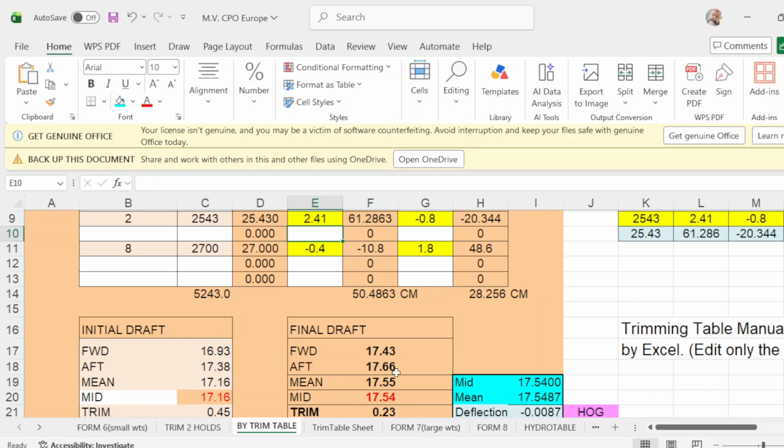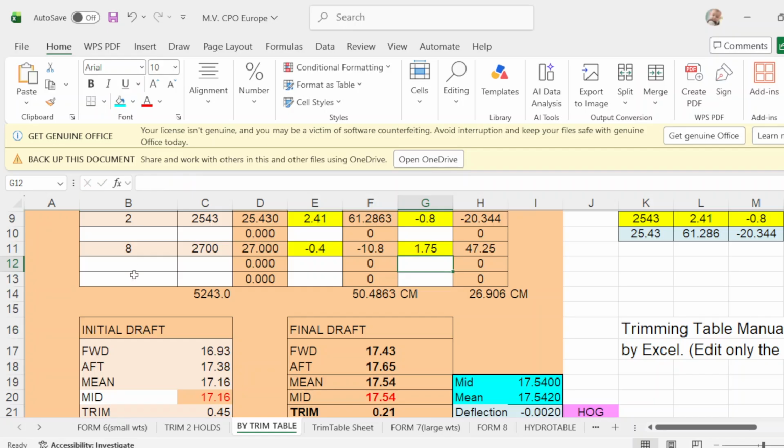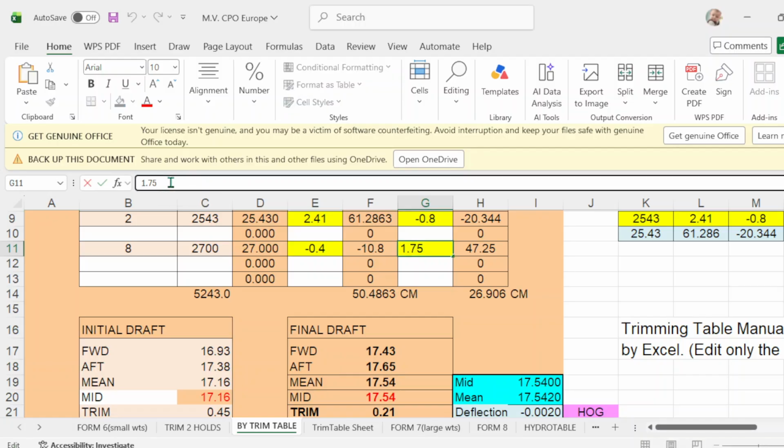Then we go, this should be 65. This 75. 75. 65. So make this 75. There's 76.